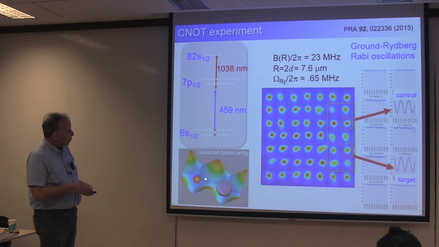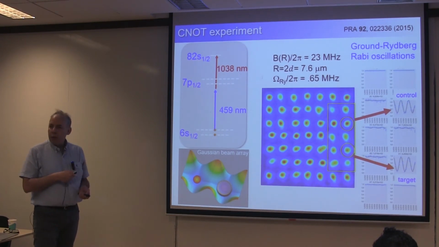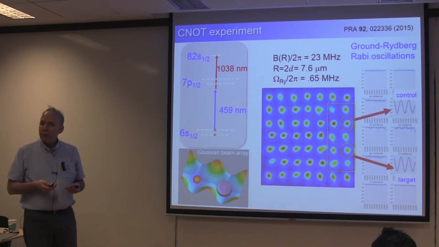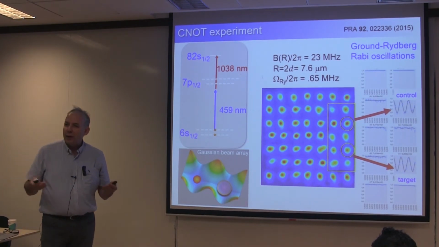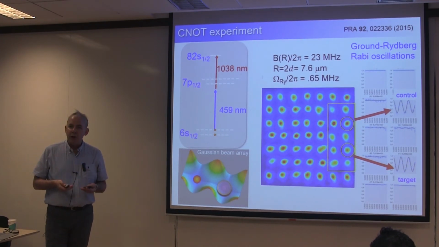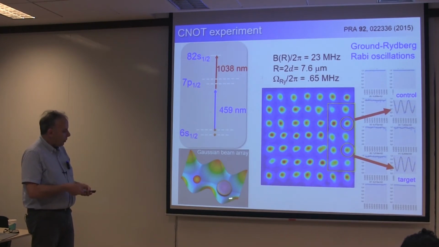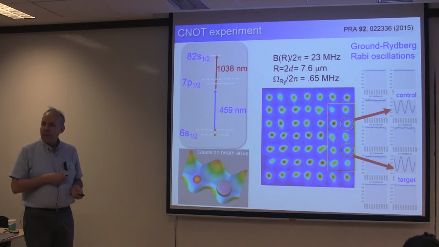Again, we're using atoms trapped in this projected Gaussian beam array. A nice feature of this array is that it not only traps ground state atoms, but also traps Rydberg excited atoms. The Rydberg excited atom is, to first approximation, a free electron. This electron is a micron or so away from the nucleus. It's a negative charge, so that electron has a negative polarizability, and it's again trapped in this blue detuned lattice with a local minimum of the intensity.